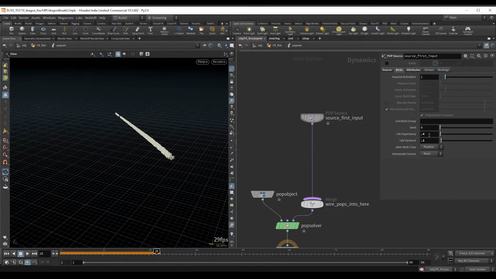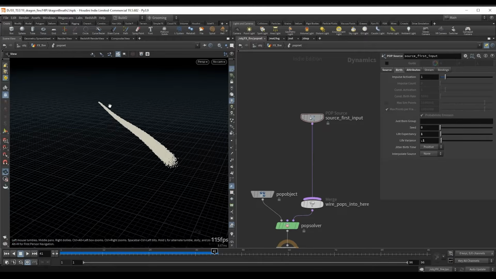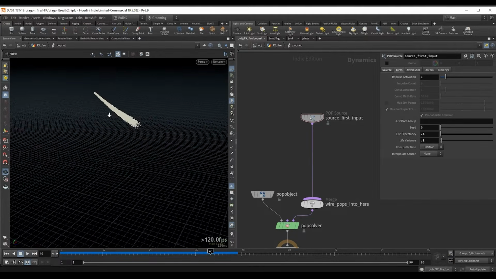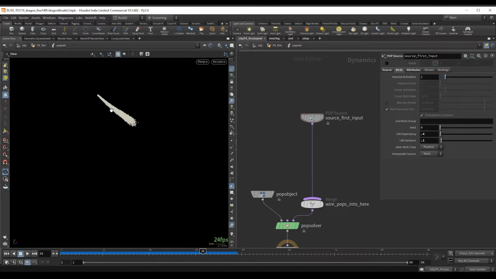But also how long the particle lasts will determine how far the fire is being pushed. So if I set this to a value of 1 and I make them last for a longer time, our fire will be continuously pushed by these particles. So if I set this to a lower value, the fire will have an initial push and then it will sort of slow down a little bit when there's no longer any particles to push the fire around. So it's only going to continue moving from inertia. So these are just values to be mindful of. So we are almost ready with our particles.